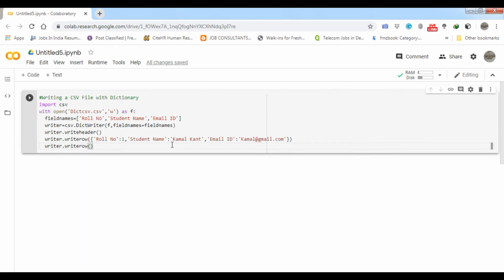Now I am going to write another row, writer dot writerow. Here I will provide a new dictionary, for example roll number 2, student name Tanuja Rawat, and email address tanu@aol.com.